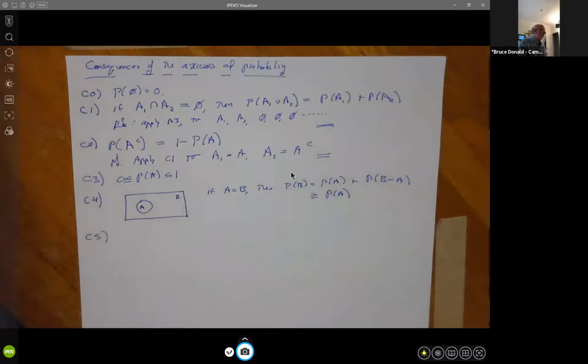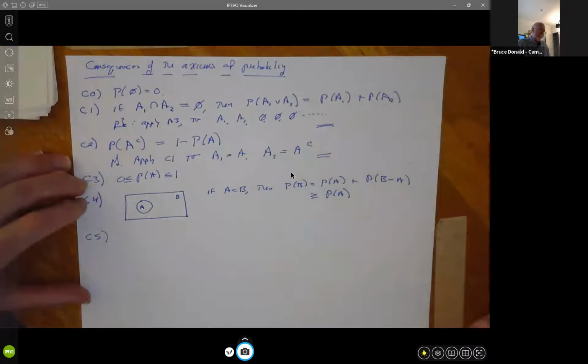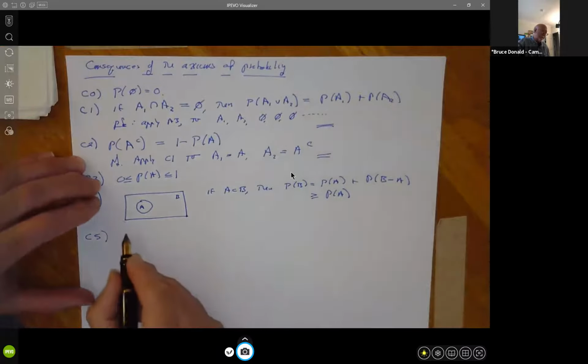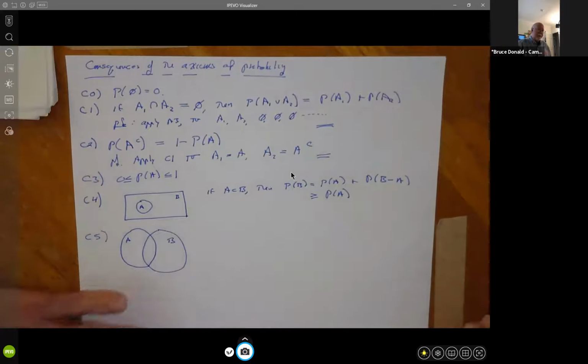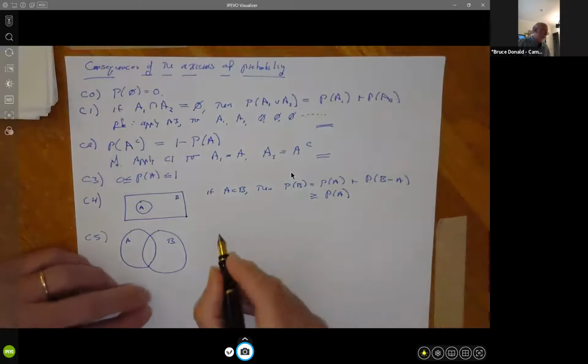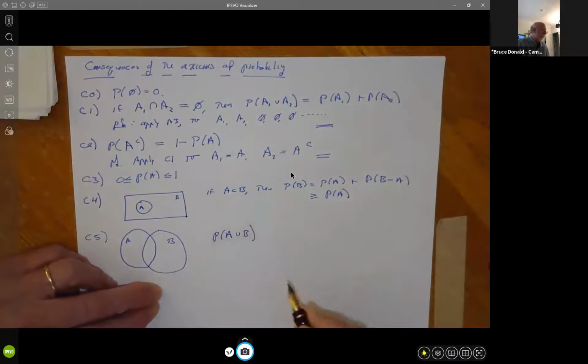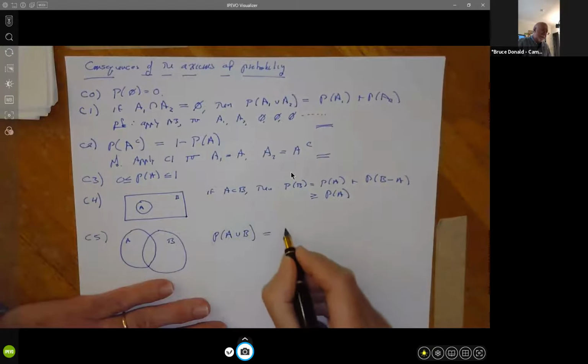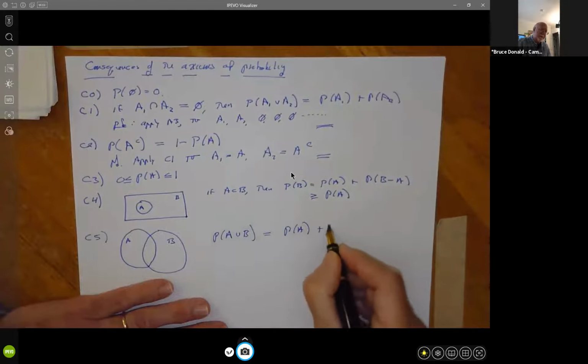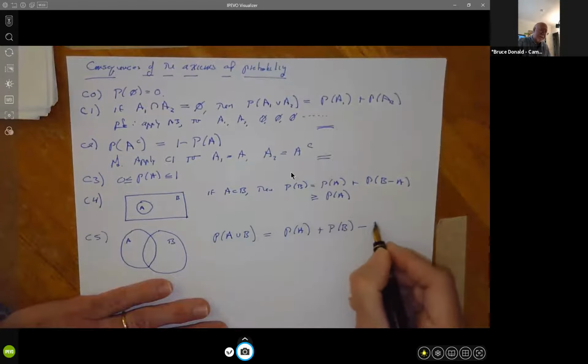C5 is similar. Again, the proof is in the notes. Try to prove this yourself. Ask us if you're confused or you get stuck. Then check yourself in the notes or iterate till you get it. Also very useful. So the scenario here looks like this. Suppose we have two events, say A and B like this, that may have some intersection like this. And we're interested in the probabilities of A and the probabilities of B and how they relate. So this says the probability of A union B, that is, the probability that either A occurs or B occurs, is simply equal to the probability of A plus the probability of B minus the probability of their intersection.